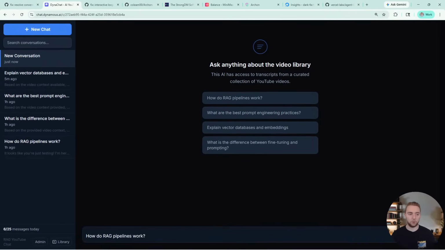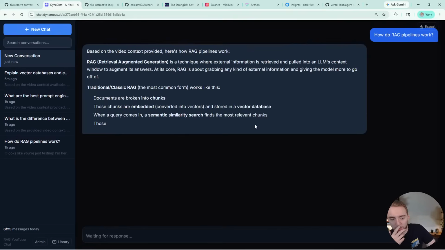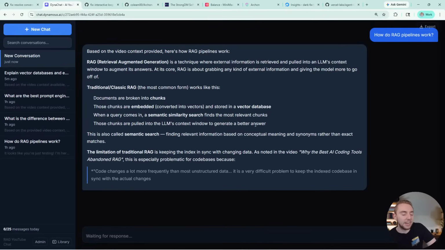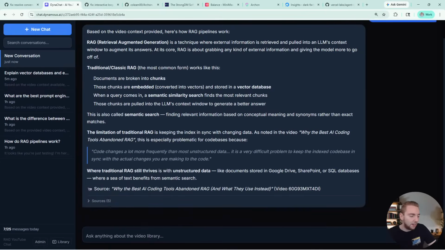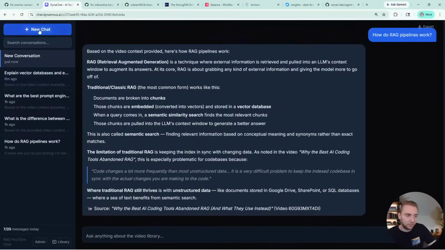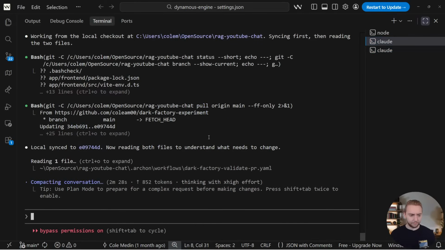So how do RAG pipelines work? Well, you know what? It actually makes a lot of sense that it didn't determine the fix didn't work, because it wasn't able to start the front end. It didn't actually do any browser automation testing because of the problems we're currently fixing in the workflow. So it makes sense that this didn't work. You can see it's the same behavior as before. But that's because of a problem in the Archon workflow. Like I said, I'm building this live with you guys. We're getting to the point where it's up and running, but we have to work through the kinks in the workflows themselves. So, okay. We are compacting.